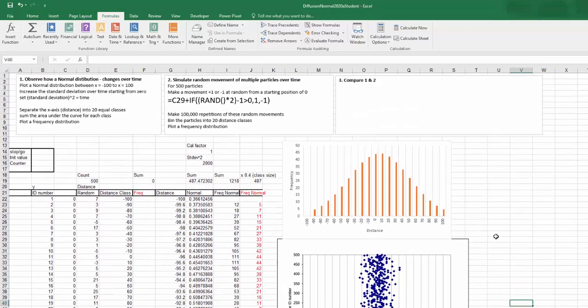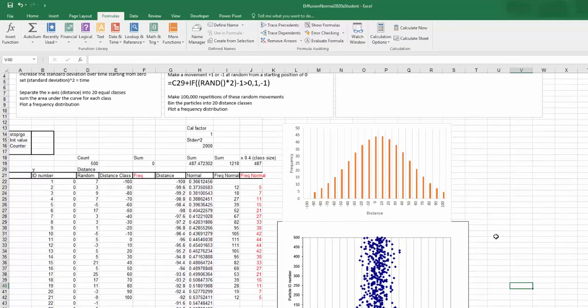In order for us to compare this distribution of our simulation to the distribution by the normal distribution, we need to turn this distribution of particles into a frequency distribution. And so we can use the frequency function in Excel, which you used before, and we can put that in here. If you remember, it's an array function, which means that you need to highlight